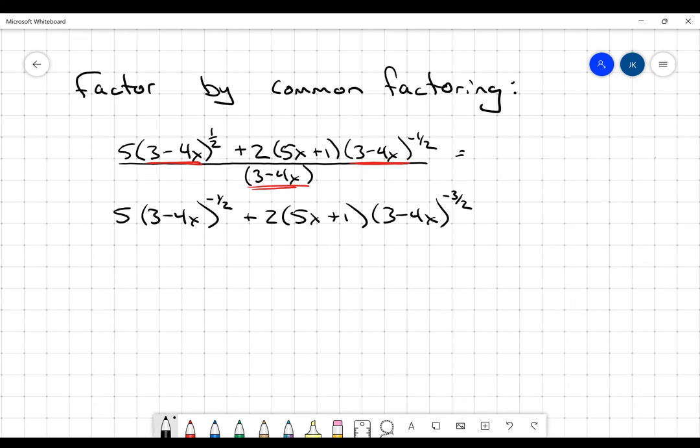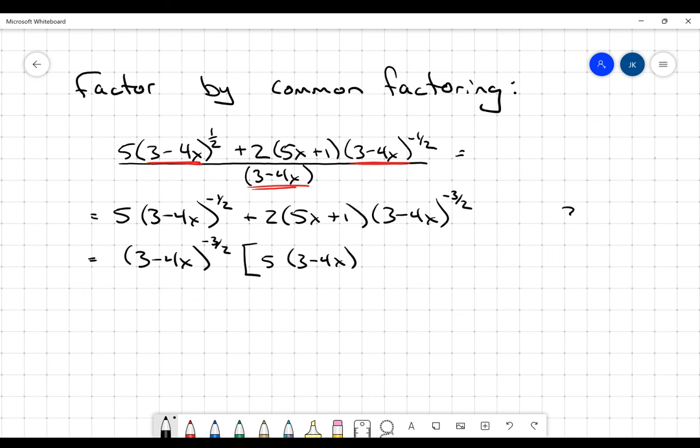Okay? Now what we're going to do here is take out what's common. In this case, it's going to be 3 minus 4x. And I'm going to take it out to the smallest exponent, which will be negative 3 halves. That is going to leave me with 5 multiplied by 3 minus 4x. And if I take negative 1 half and subtract negative 3 halves, because I'm dividing out that term,